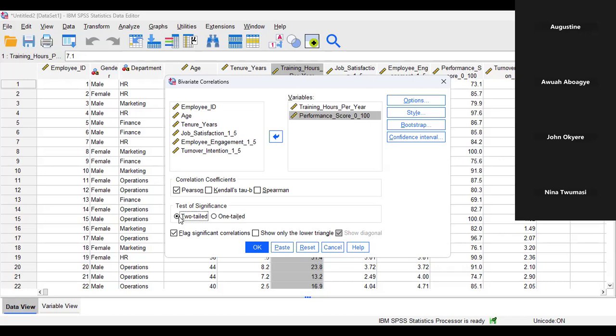You can bring the significantly and the insignificant. So that's about the one tail. One tail is giving one direction that at the end of the study, training hours is going to significantly impact performance score. Then the two tail is that you say on one side, training hours is going to impact performance score, but the